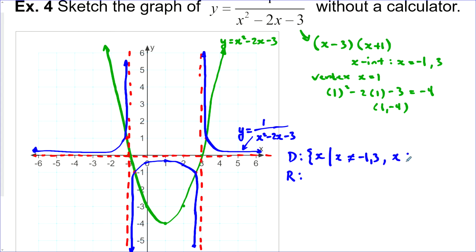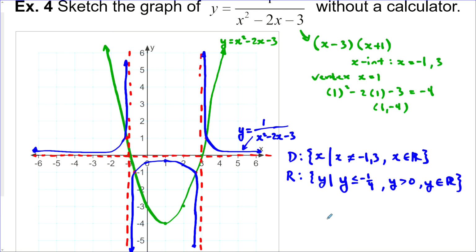And it's also all the other real numbers. The range is y is such that y cannot equal 0, because that's a horizontal asymptote, but it also doesn't equal anything in between 0 and this -1/4 here. We'll say y is less than or equal to -1/4, and y is greater than 0. And it can be all the real numbers